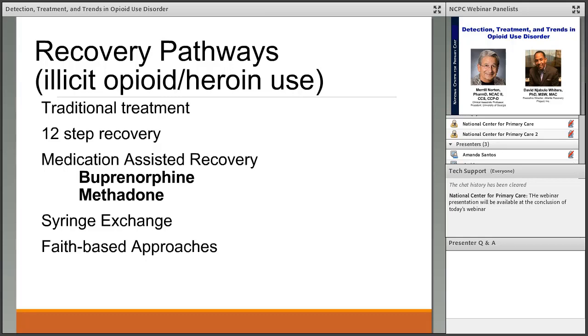Let's segue to medication-assisted recovery. What I prefer to call medication-assisted recovery, I got that term from William White. I didn't coin that. As opposed to medication-assisted treatment, because for me, the end goal is recovery. Treatment is one of the many processes to help people find recovery. And we all talked about